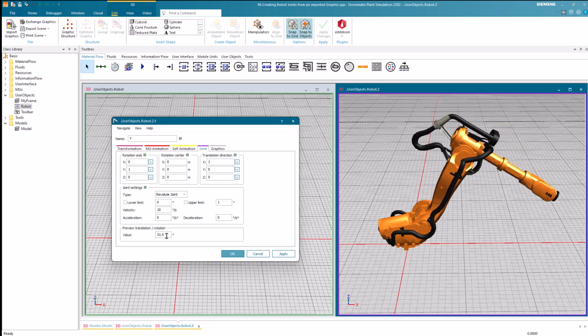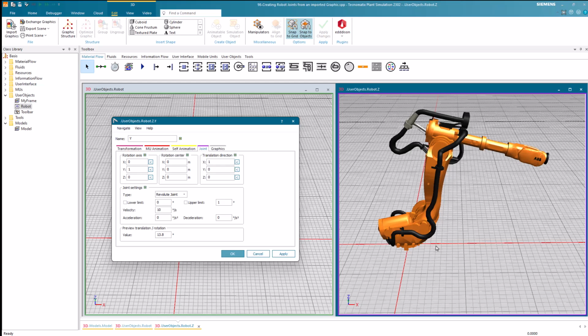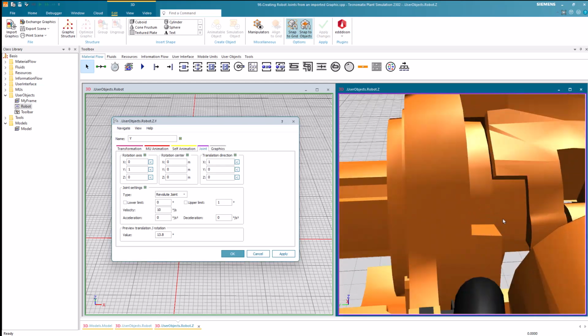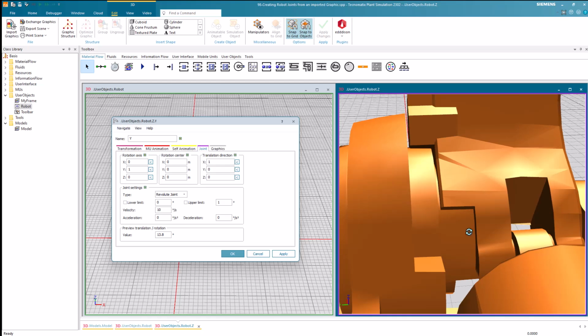Afterwards, we can once again preview the rotation. At this axis, we should utilize both the upper limit and lower limit, as the axis reaches them at a certain angle, which we can observe from the preview.